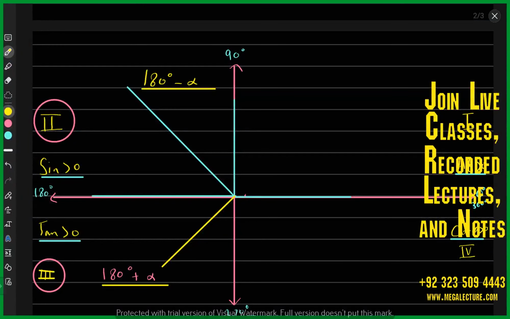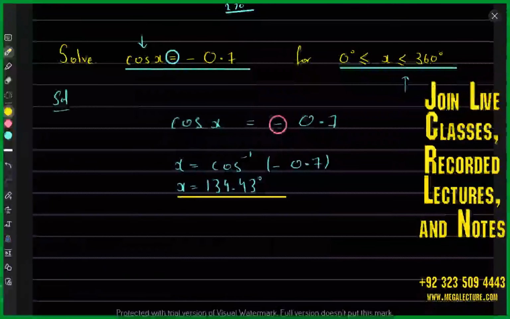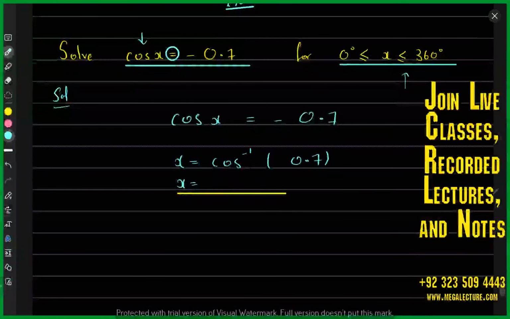So this is what we had in the question. It was cos x equals negative 0.7. First thing was that you would be talking about the second and third quadrants because cos is negative. The next thing is, let's keep it negative just so we get the angle directly, because otherwise I had to explain another process and this would take time. Whatever you have as your trigonometric function, like negative 0.7, just make it positive and then find out the angle. So x is going to be